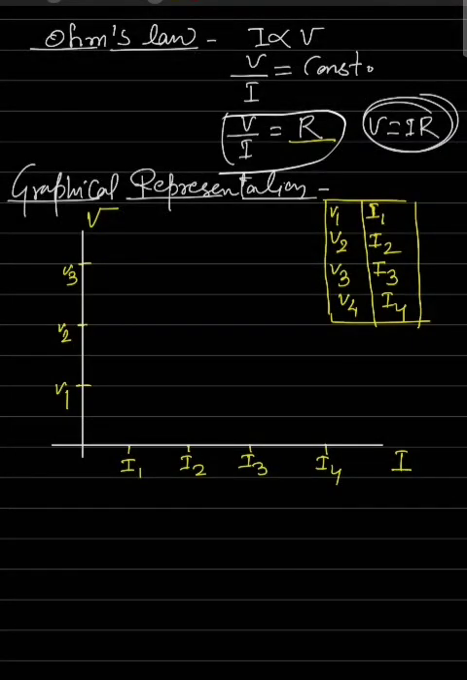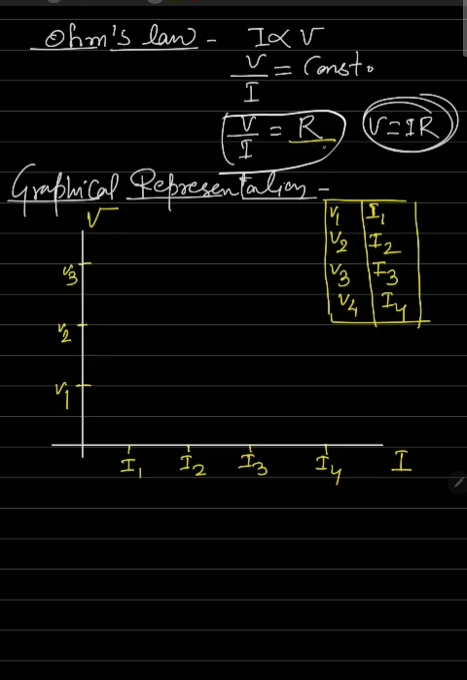Friends, today we are going to discuss Ohm's law and its graphical representation. We have already discussed the statement of Ohm's law. Ohm's law gives the relation between potential difference and current, how they are related to each other. It says that current is directly proportional to potential difference when temperature remains constant in any conductor. Through that we got one relation, V by I is equal to R,